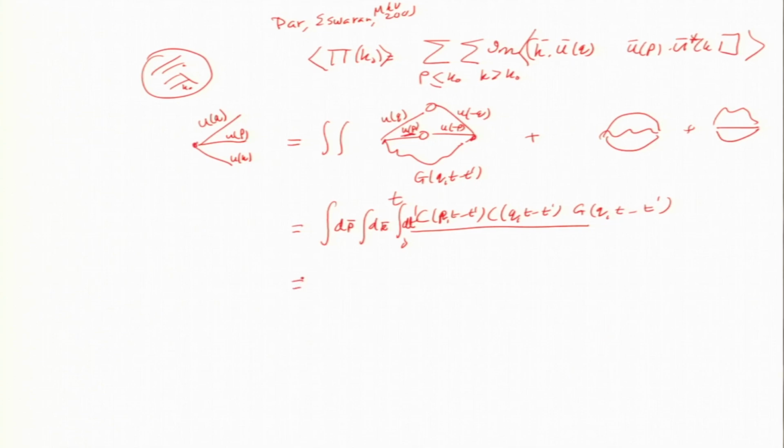Plug in again the same form, the same Ansatz assumptions. So, dp dk dt prime, exponentials, right, exponential of minus nu p p squared, t minus t prime. I am just going to write them together: nu p p squared plus nu q q squared plus nu k k squared, times t minus t prime, and the 2 correlation functions. So, C p and C q, but they are equal time correlations, for which I am going to substitute the Kolmogorov law.